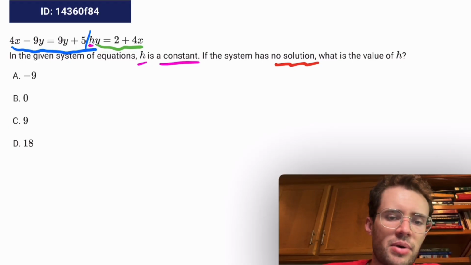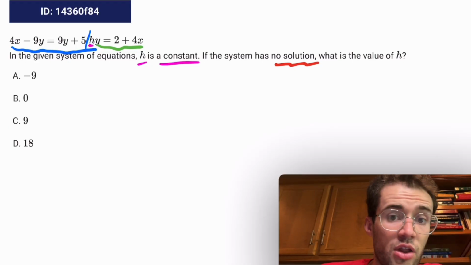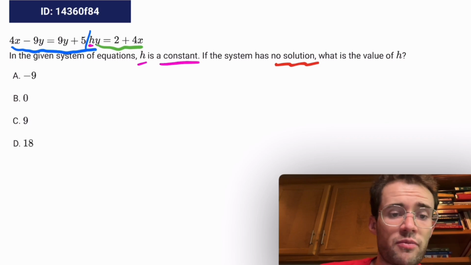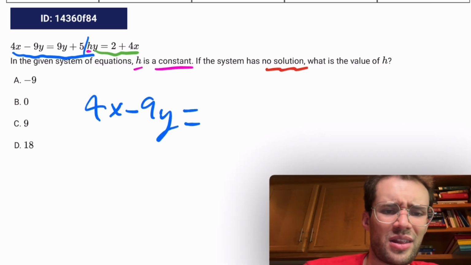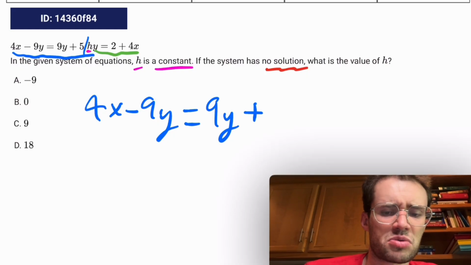We could do that again, but this time I think I will just do it the other way. I'll get it in slope-intercept form and make sure that your slopes are different, just so you could show how to do both. I don't know that that's easier because of the first equation, but I just want to make sure that there's